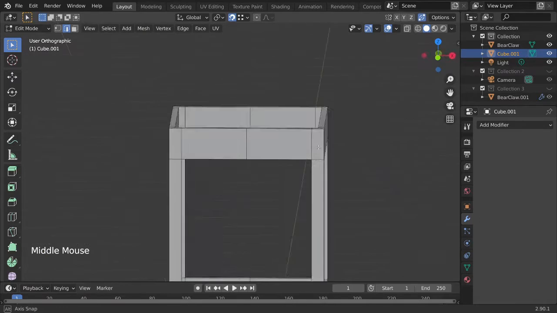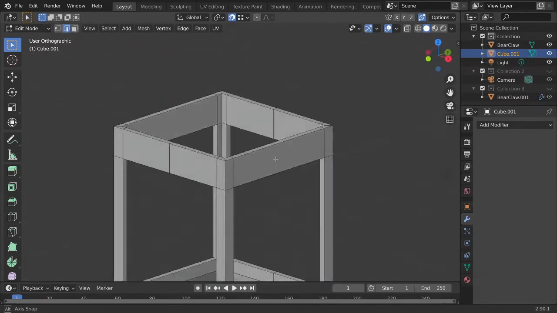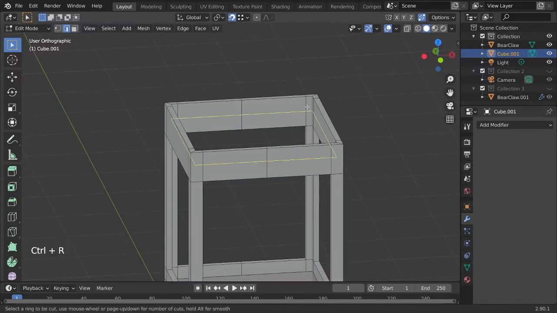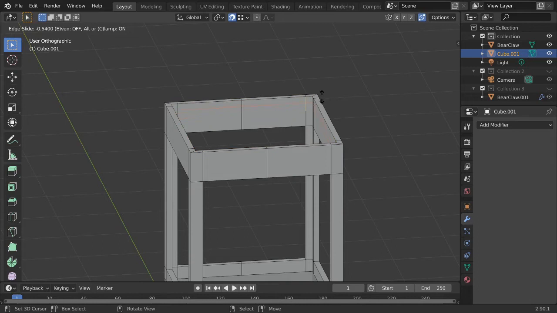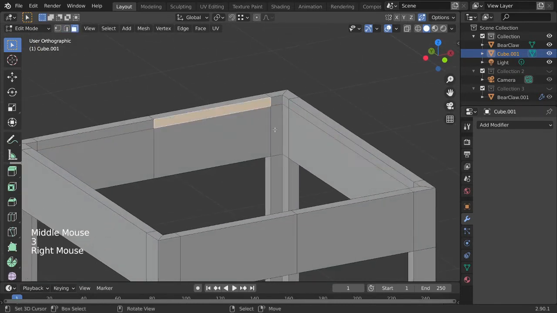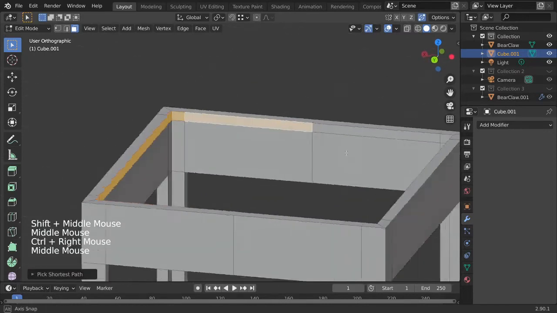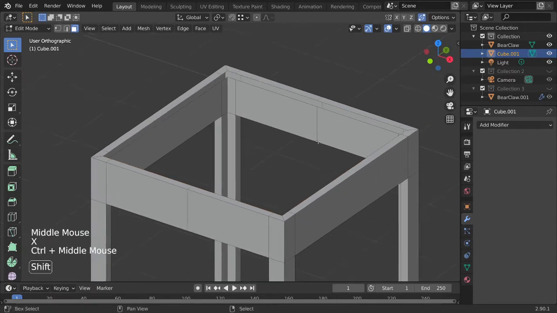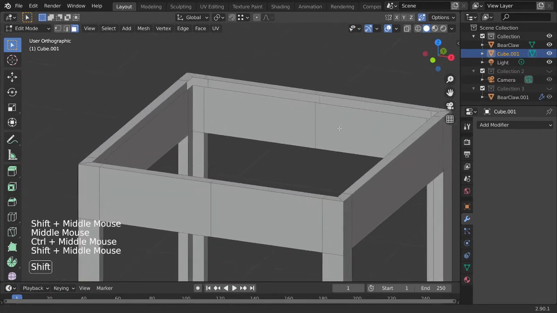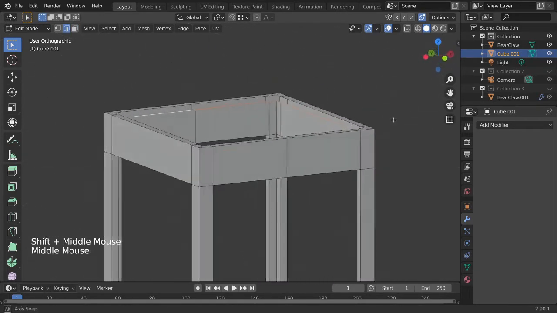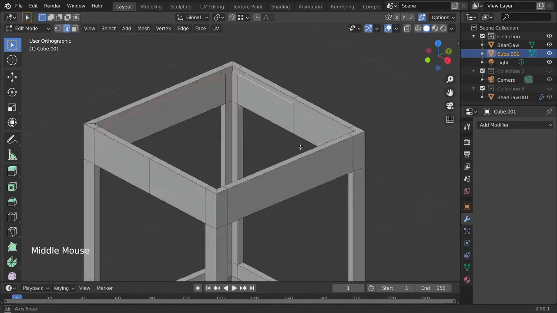Okay, so what I need is a top, obviously, so the top is not working here. In order to do that, I'll probably just have to do a loop cut here. Bring it up to some sort of reasonable thickness right there. That's fine. And now select the faces all around here. And then X face. And then go back into the edge selection, select that edge. It goes all the way around. And then